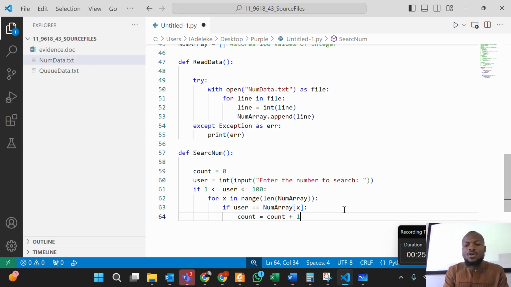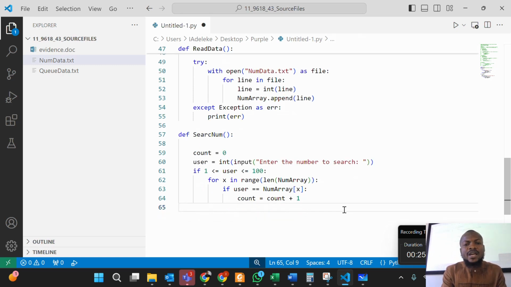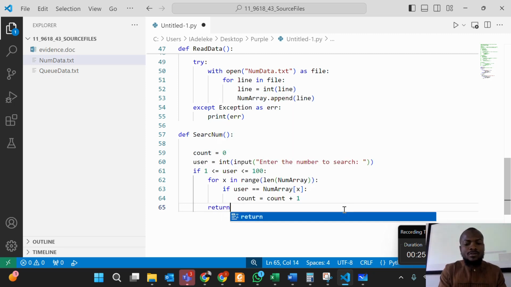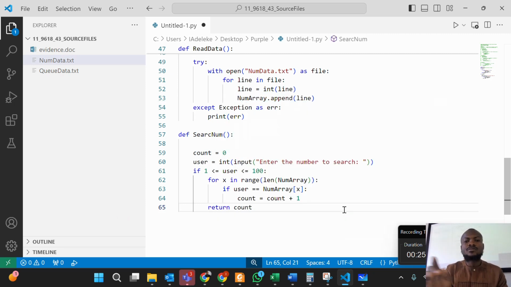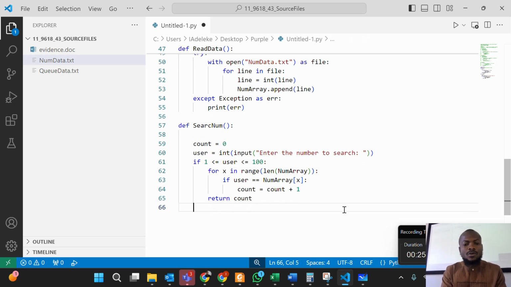Then after it is done, out of the for loop, I return count. So that means count must have been fully calculated before it is returned. If not, it quits the function, because return means that is the end of the function. Is that understood? Then you return count. Is this understood, everyone? Yes, sir. Okay, good. So else